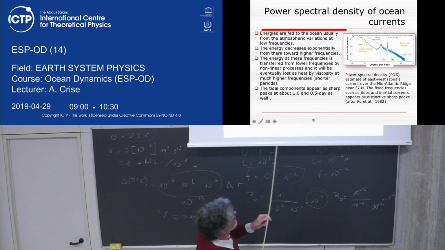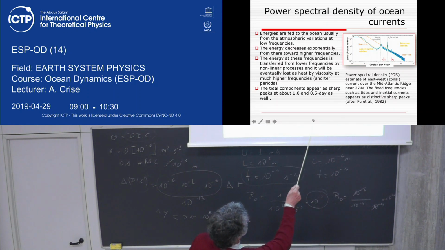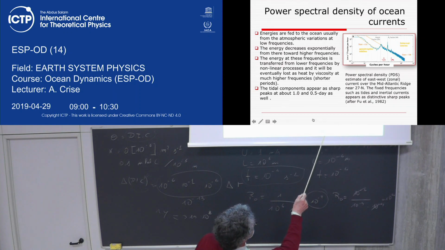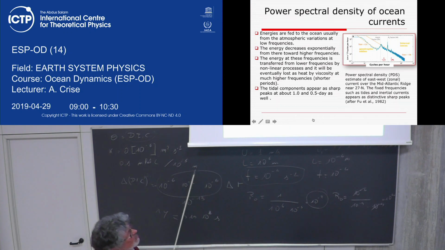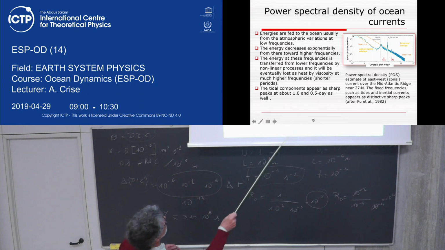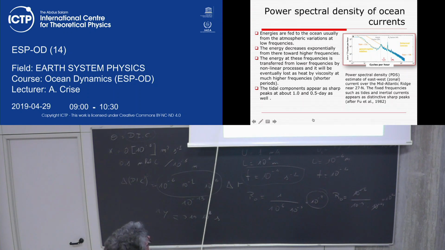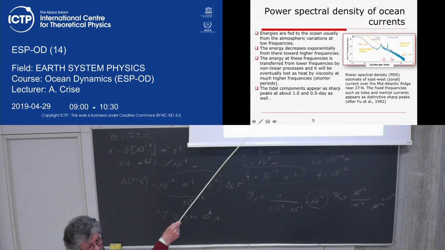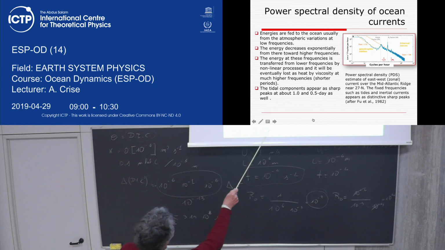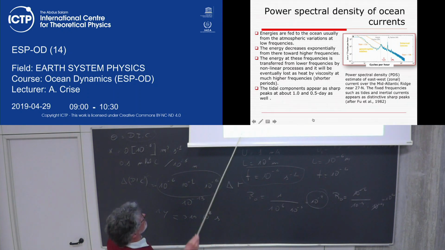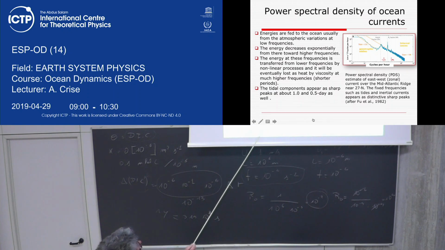However, you see a quite standard decline of the energy associated with the higher frequency. And you remember this log diagram. The energy decreases exponentially from the lower frequency to the higher one. And